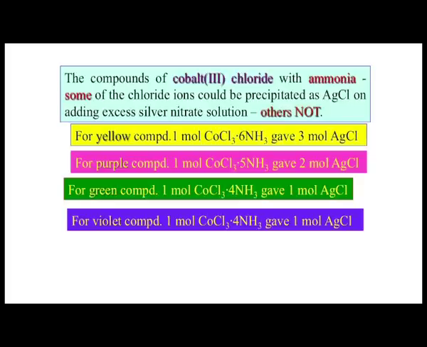So, what are coming out as silver chloride? Those are the typical anionic chlorides which are present as the salt in cobalt chloride. Those can be taken out by the reaction of silver nitrate as silver chloride, but other chlorides which are bound to the cobalt center cannot be taken out. So, those cannot be separated out by the use of silver nitrate for the precipitation of silver chloride from the reaction medium, because this interaction of the silver ion, that means Ag+ reacting with Cl- giving rise to insoluble silver chloride, is an ionic reaction,